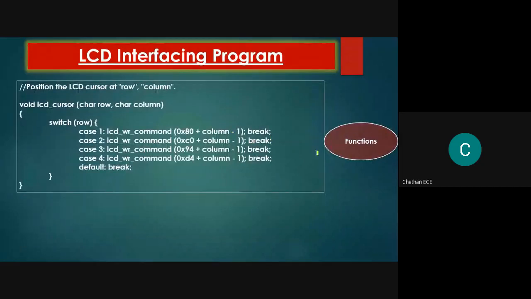Now the most important parameter you have to understand in the coding part is, shall I display the information from the middle of the first line, or do I want to display from the center position till the second line end position? Yes, it's possible. If you want to display your data like VVC from the first line fifth position, you have to count the number of positions from 80: 80, 81, 82, 83, 84, 85. From 85, you can display the content.